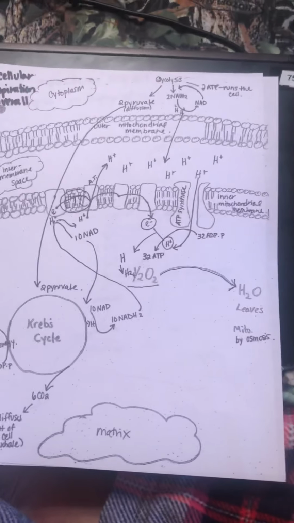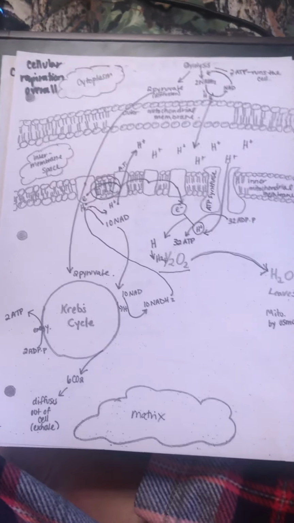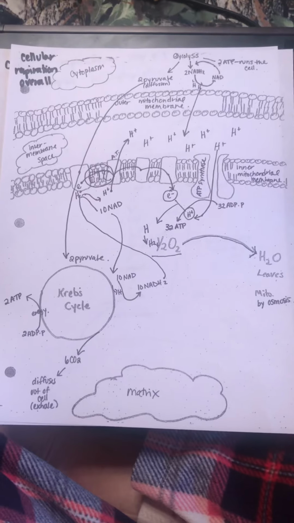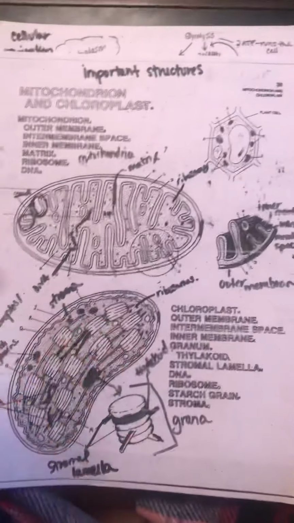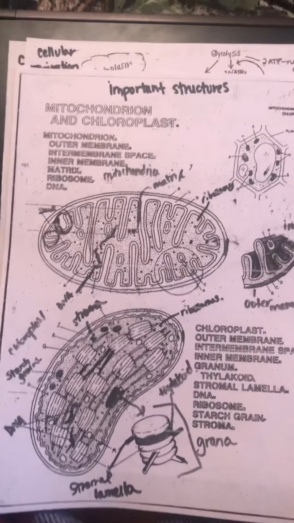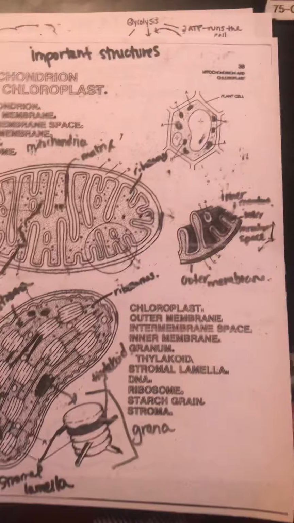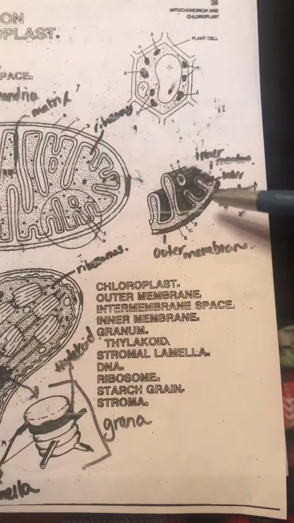Okay, let's talk about cellular respiration. So this is the overall diagram for cellular respiration. I'm going to go back to this initial diagram that we talked about with the mitochondria in it. So in the mitochondria, you know that we have this, and I'm going to go over to this